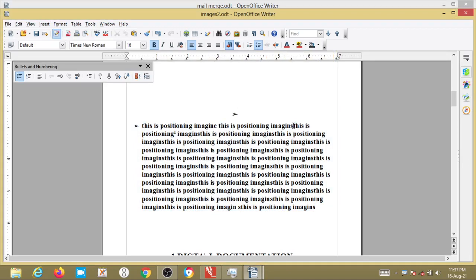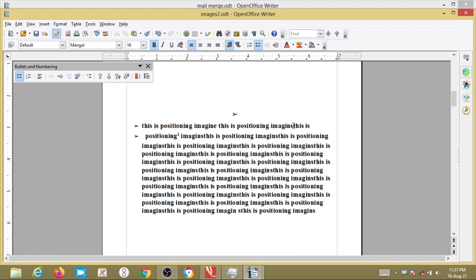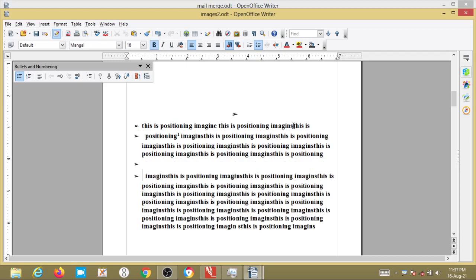Okay, those things you can use. Suppose I write something and you go to the next line: if you press enter, you will get that as a separate sentence. Clear now? I hope you have understood now. Clear? Now see, this is about bulleting and numbering.